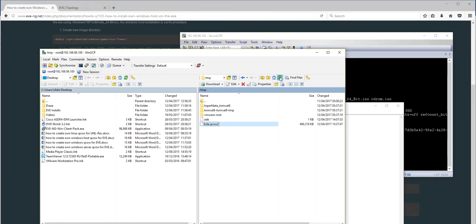And if I press refresh, you're going to see that it's growing, right? So you have to be sure that you have plenty of space on your hard drive to do this operation. So it is converting the image which will be used in the future.